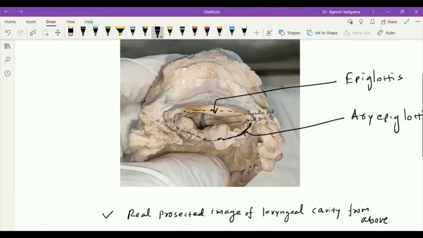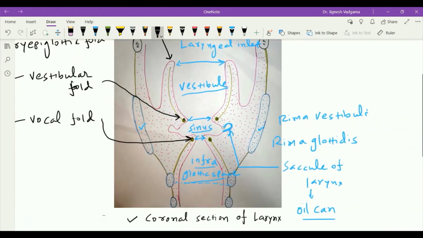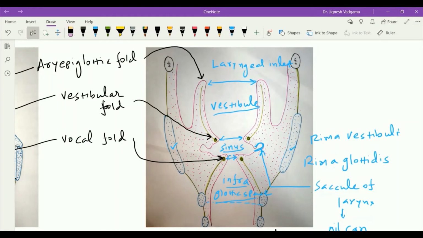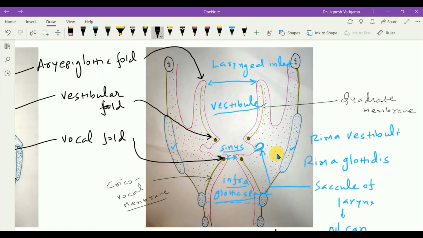Now let's see the rima vestibuli. In this figure, we already discussed the rima vestibuli. This is the coronal section of the larynx, and this greenish portion is the quadrate membrane. Below this membrane is the cricovocal membrane. This rima vestibuli is the space between the lower free margins of the two quadrate ligaments, which are the vestibular folds. So the space between the two vestibular folds is called the rima vestibuli,